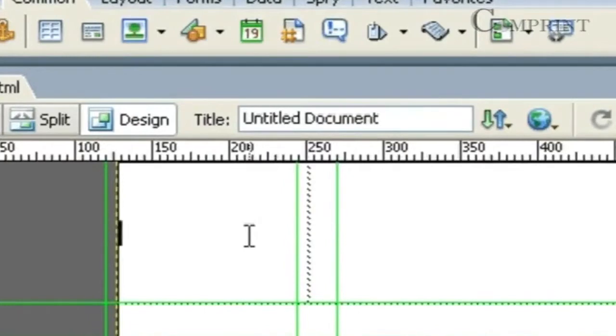But there is no logo image ready to insert it here. So, in this lesson, we will see how to create or how to design a logo in Photoshop. Anyway, before we insert or design the image, first we must know the size of this cell to insert the image. We can take help of this scale and guides to know the size of this cell.